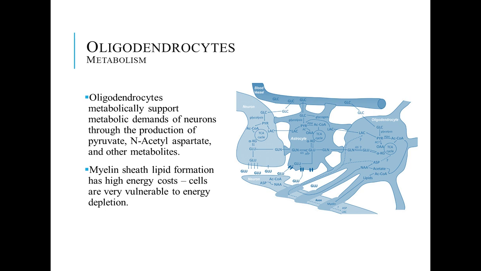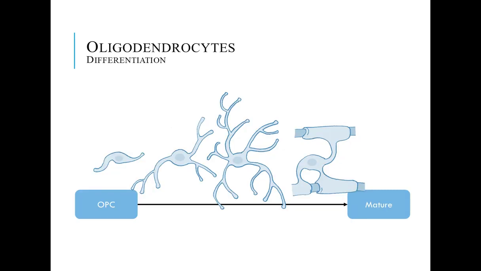Oligodendrocyte cells also start as a stem progenitor state, which is called the oligodendrocyte progenitor cell, or you'll see OPC. And they mature to the final version, which is the myelinating version, the version that actually wraps itself around the neuron. The OPCs, or stem cells, are more vulnerable to oxidative stress and damage from radiation, but the mature cells are harder to regenerate once lost. So maintaining the balance of these populations is key to healthy white matter, and understanding how both of these populations act in radiation is also important.